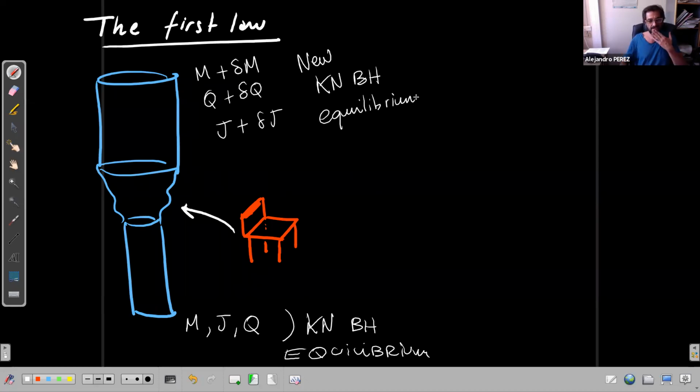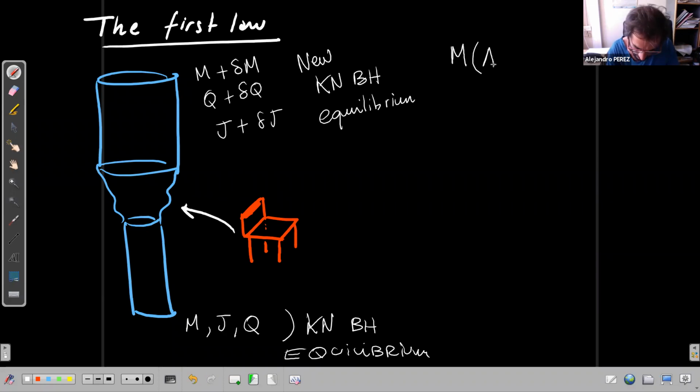Both situations are described by stationary black holes. Like in thermodynamics, we often relate states of thermal equilibrium. Now, because of the Noether theorem, we know that the initial and the final situation will be described by Kerr-Newman black holes, and we know that for a Kerr-Newman black hole, the mass of the black hole can be written